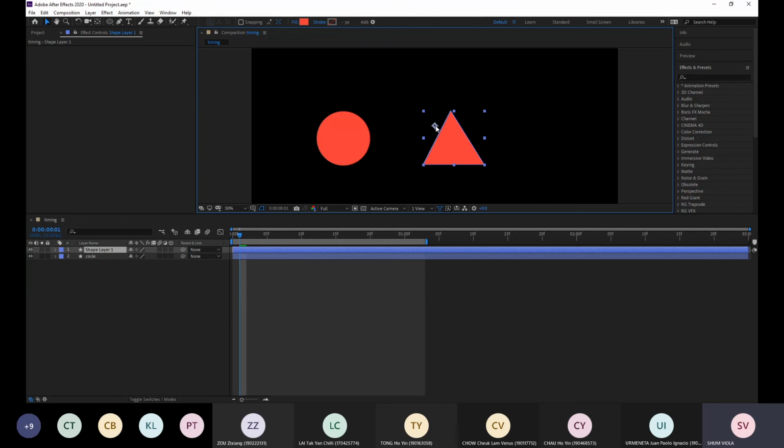The center point is not at the center of this triangle. So remember to use the pan behind tool to move this center point back to the triangle. 係啦，咁我亦即係我會將佢擺翻中間啦。So you can see that I try to move this center point back to the center.